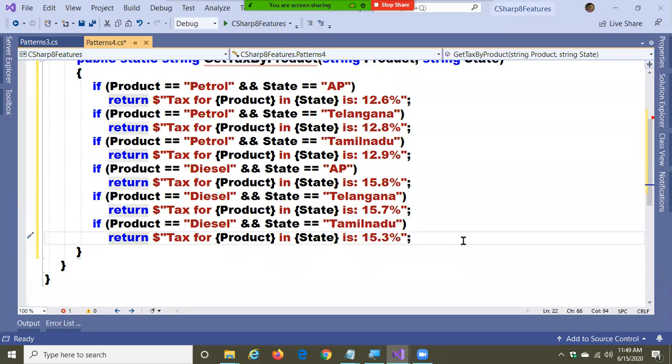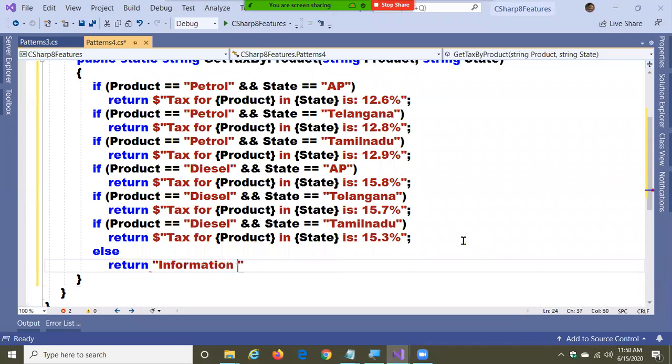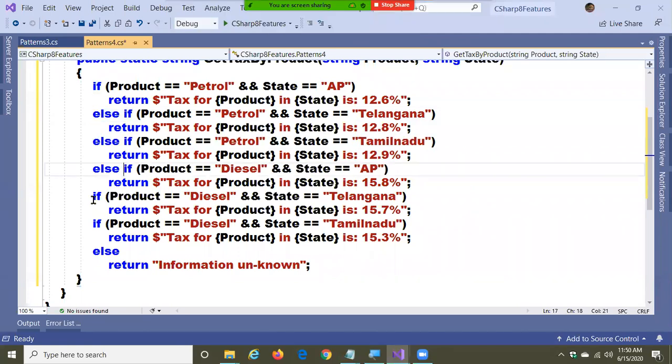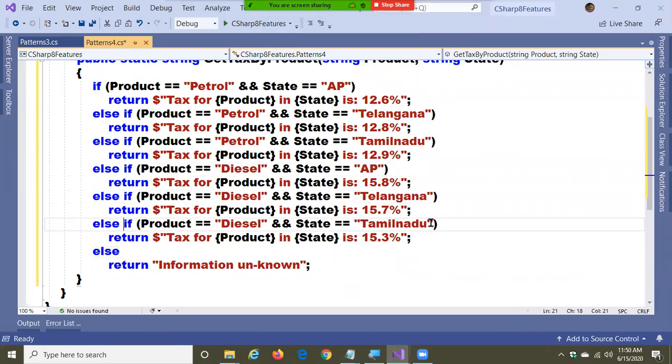Else, return information unknown. I'm just writing an if else condition.